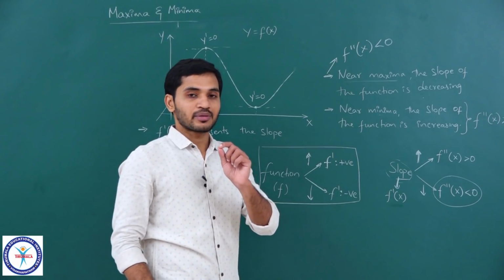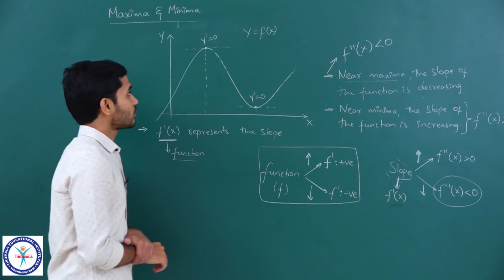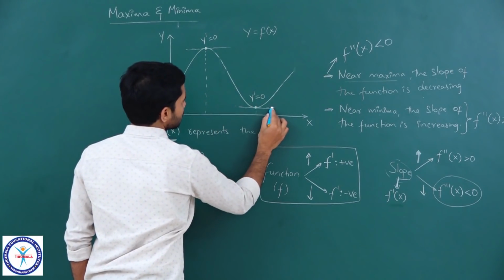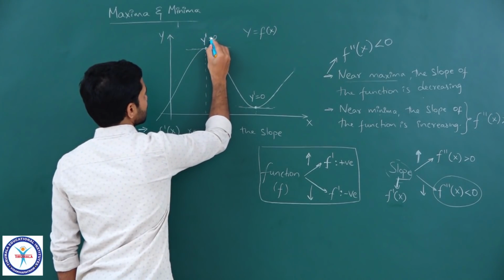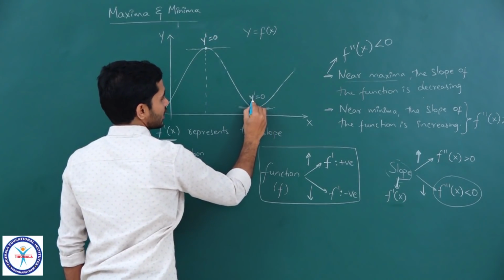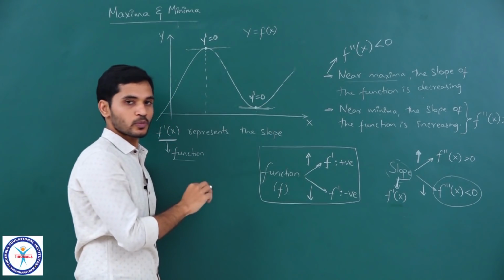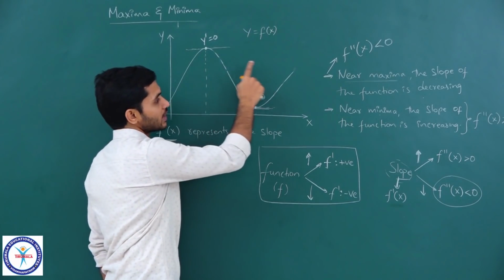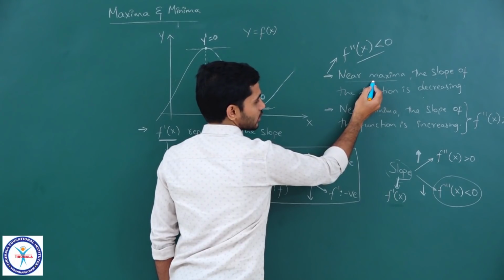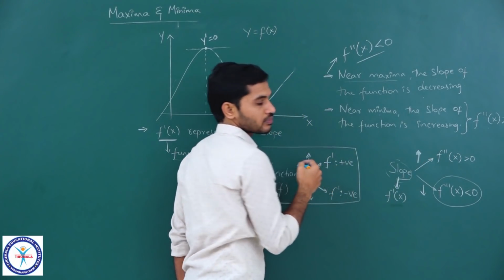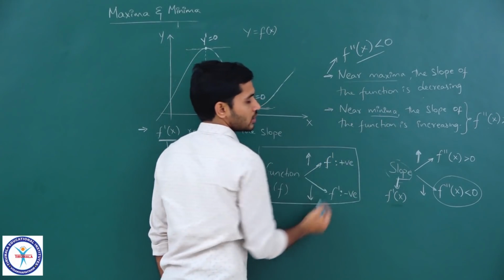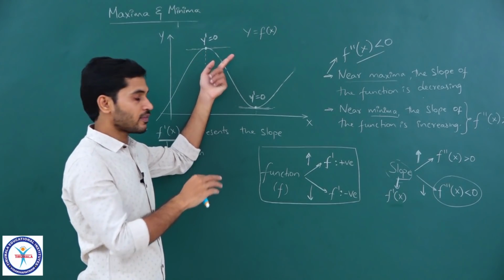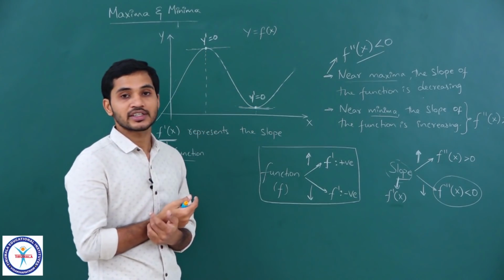So, I'll summarize what we have learnt till now. Please observe carefully. See, this is maxima, minima. At both maxima and minima, first order derivatives are 0, right. First order derivative means slope. Slope is 0 at both. Now, when we talk about second order derivative, it is negative for maxima, and positive for minima. So, remember it in the opposite. For maxima, second order derivative is negative, for minima it is positive. So, that is how you should remember.